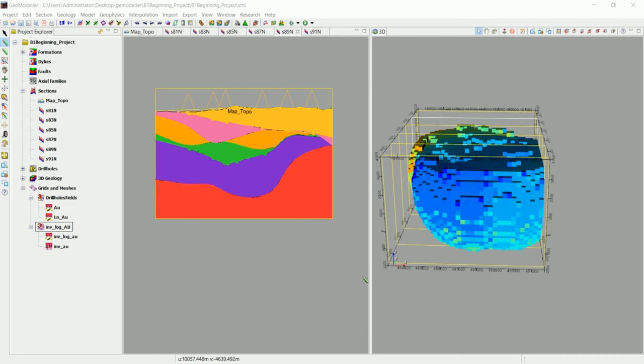So let's recap really quickly what we've done. We've imported the topography, we've imported the drill holes, the color table, the geology table, the survey table, and then we've digitized the interfaces of the different lithologies that we have in these drill holes, and we've interpolated that. We created the model, and then we've added the assay data, which in our case we have the gold attribute,